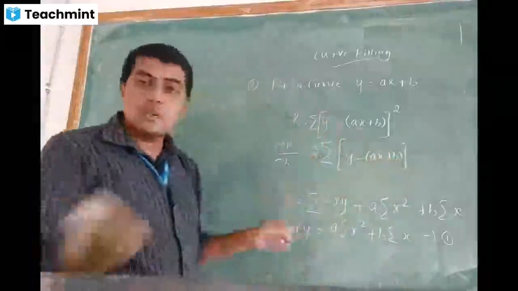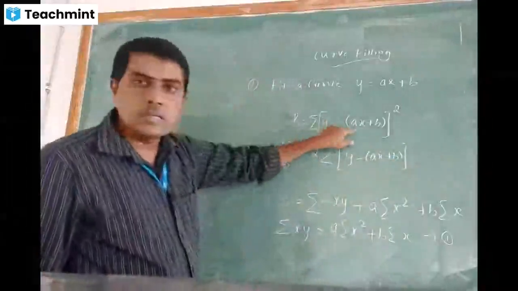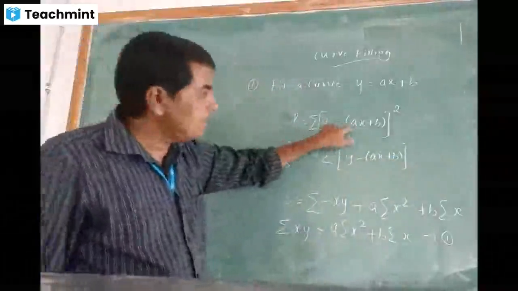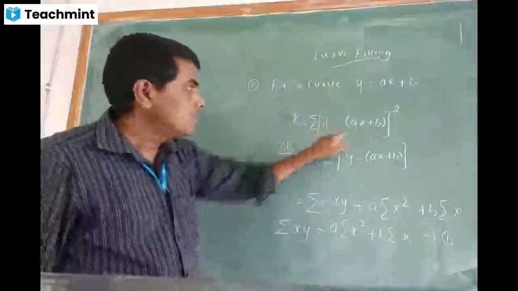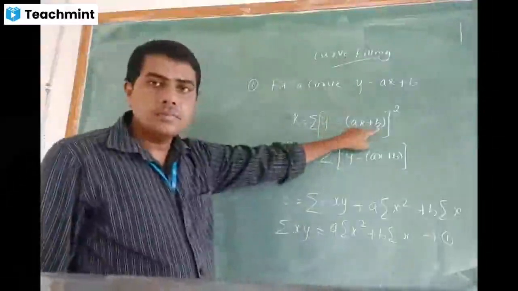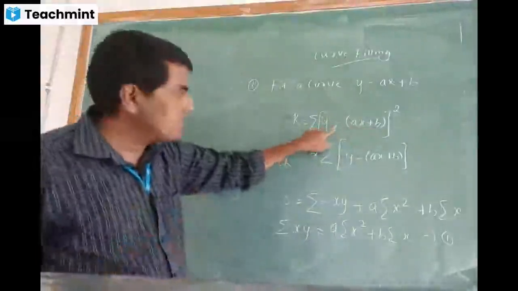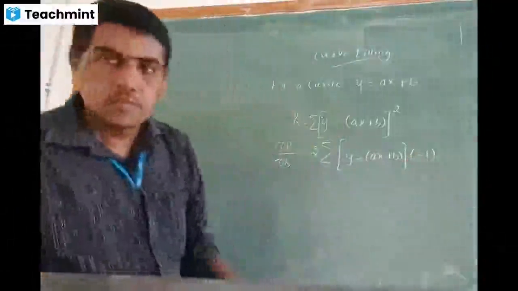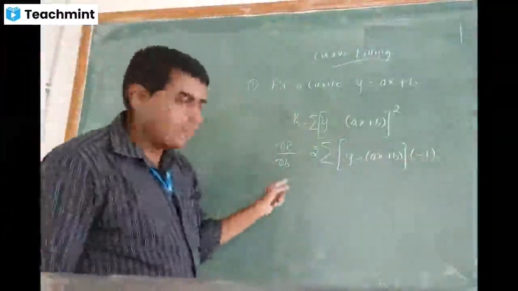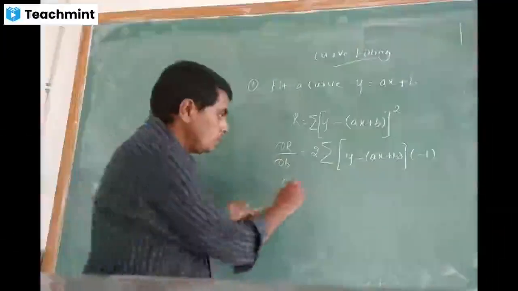Next, in the differentiation you should be careful here. With respect to d, y is constant and a is constant, so the derivative of y will become 0 and the derivative of a also will become 0. Since we are differentiating with respect to d, the derivative of d is 1. And here we are having minus, that also should not be forgotten. This minus will become minus 1. Again, I set this to the minimum, so this term will become 0 and this will go to the denominator.